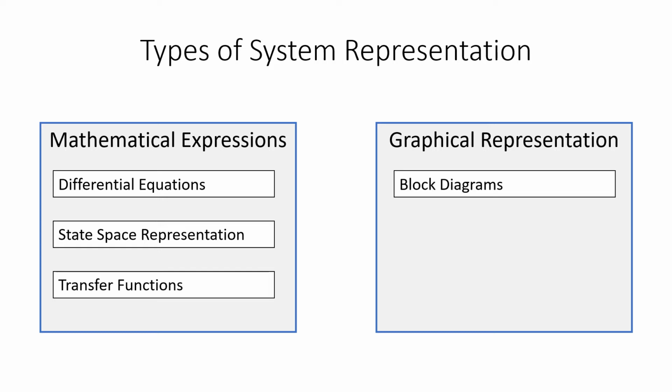Similarly, in the graphical approach, we would love to have block diagrams, which are going to give us a visual tool to understand the systems. And similarly, we have a slightly modified graphical approach, which we call signal flow graphs. We may have other approaches as well, but we would probably discuss them later on, just like the bond graph